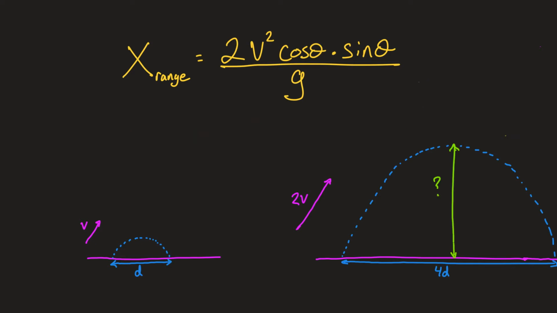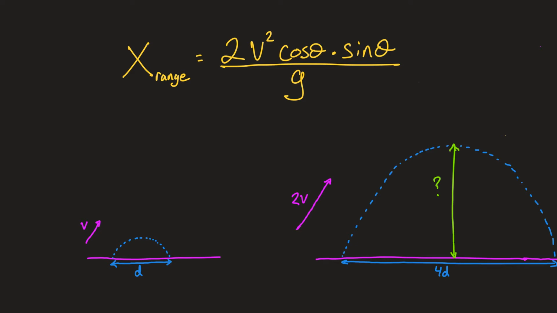All right, now as a curious thinker of this physical phenomenon, you might look at this picture that we've drawn now and say, wait a minute, look at this. My horizontal range is quadrupling. What about my maximum height? How would that change? I wonder if I could figure that out. Well, you can, right? So maybe pause the video, come up with the specific equation now in terms of,